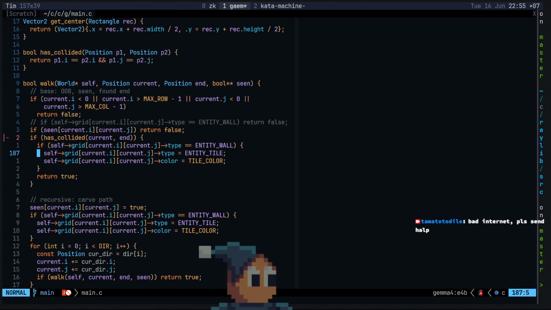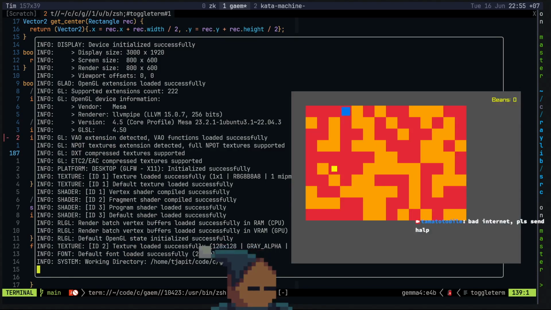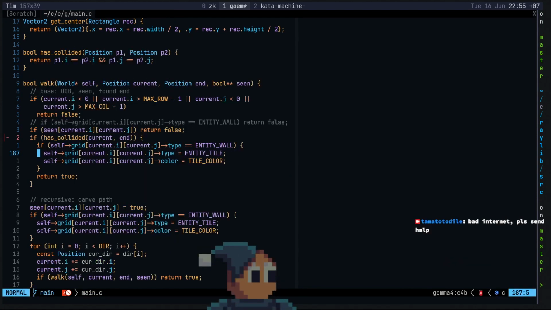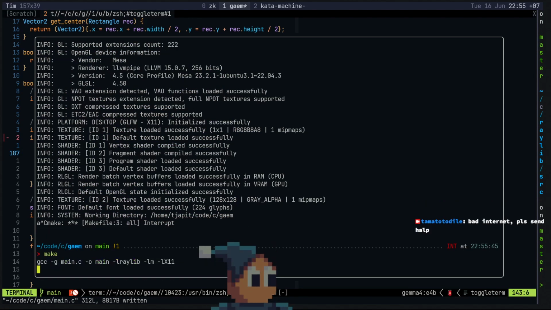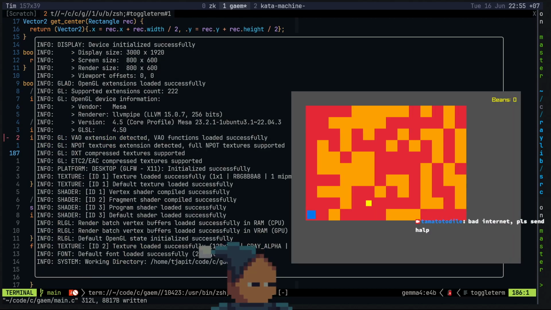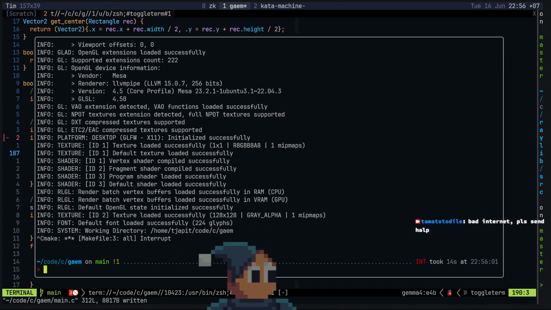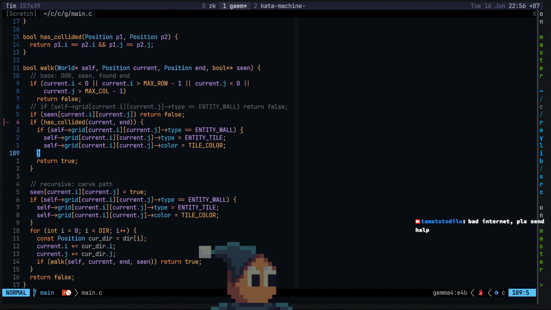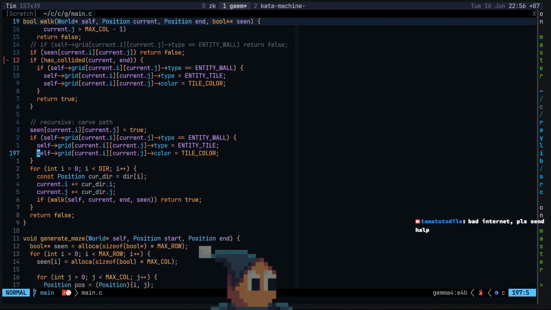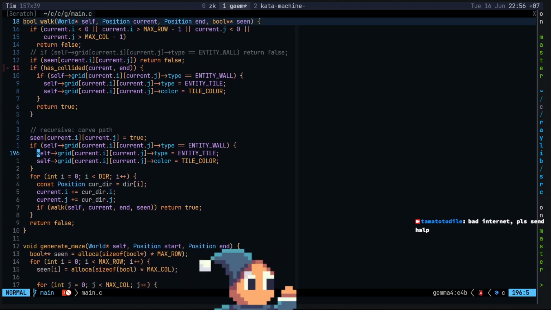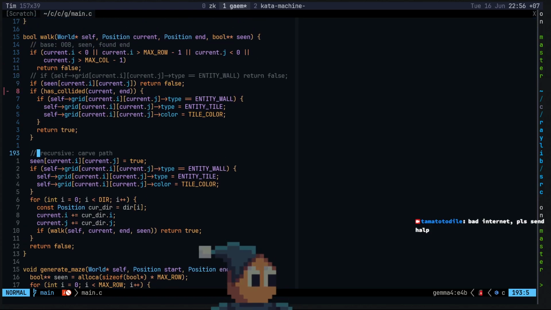Oh. Hmm. What the heck? I really wish I could debug this somehow. I have no clue how to debug it though.